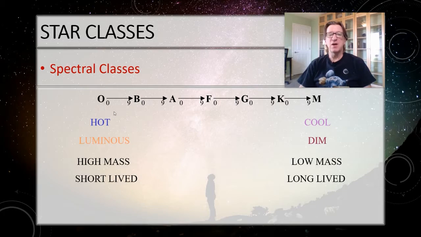So you can think of O-types as being the Marilyn Monroe of the sky. They burn hot, they burn fast, they burn out. M-type stars are just chilling, man. So this is the universe giving you a message. You know, if you just lay back, you're chilling, you stay cool, stay calm, you're going to live a whole lot longer, man. The universe is telling you this, not me.